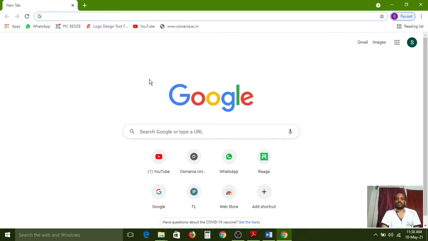Like that, by using the frames concept, we can divide the web browser space. We can divide a single web page into multiple sections. And this complete white space I want to divide into 3 sections or 4 sections. How to divide? By using frames it is possible. Okay, now syntactically we can see.